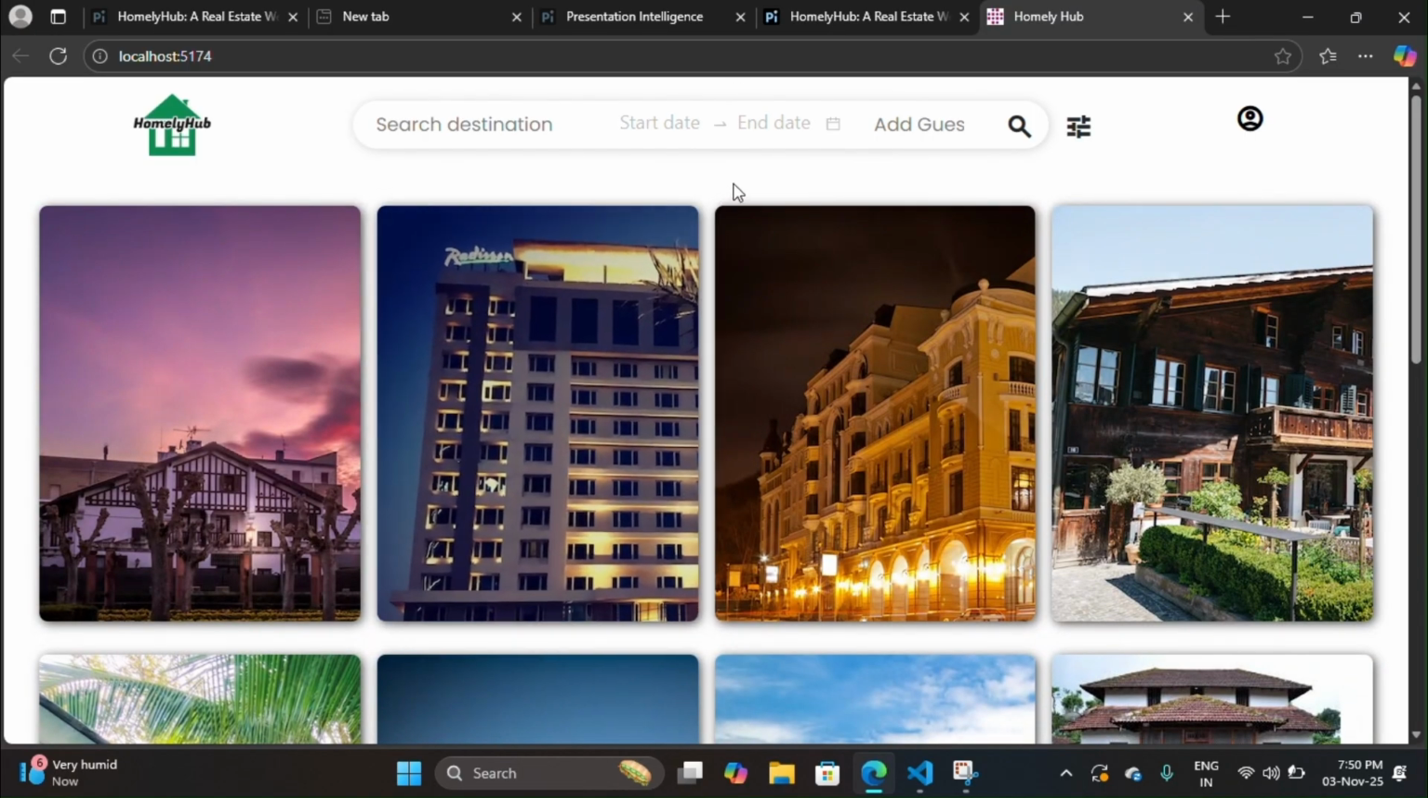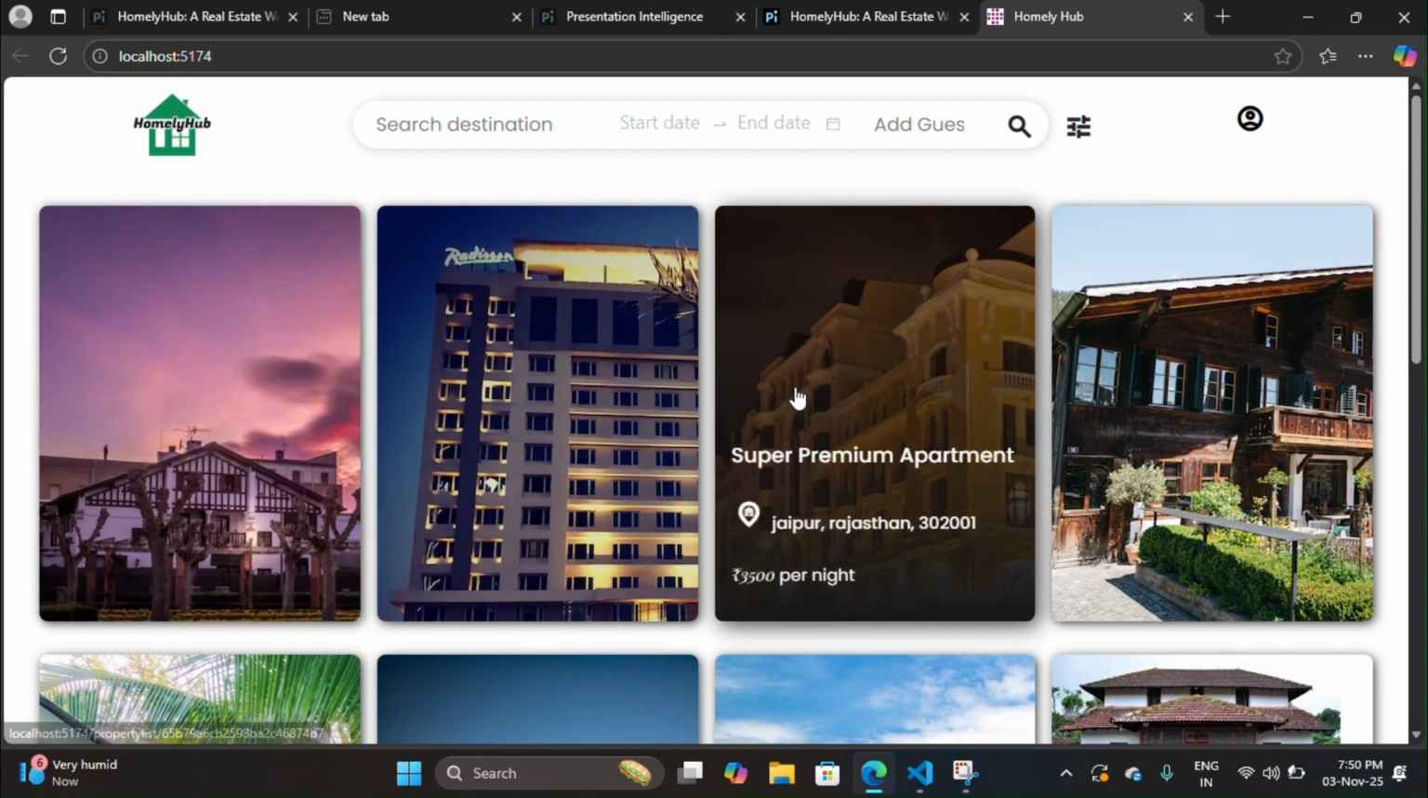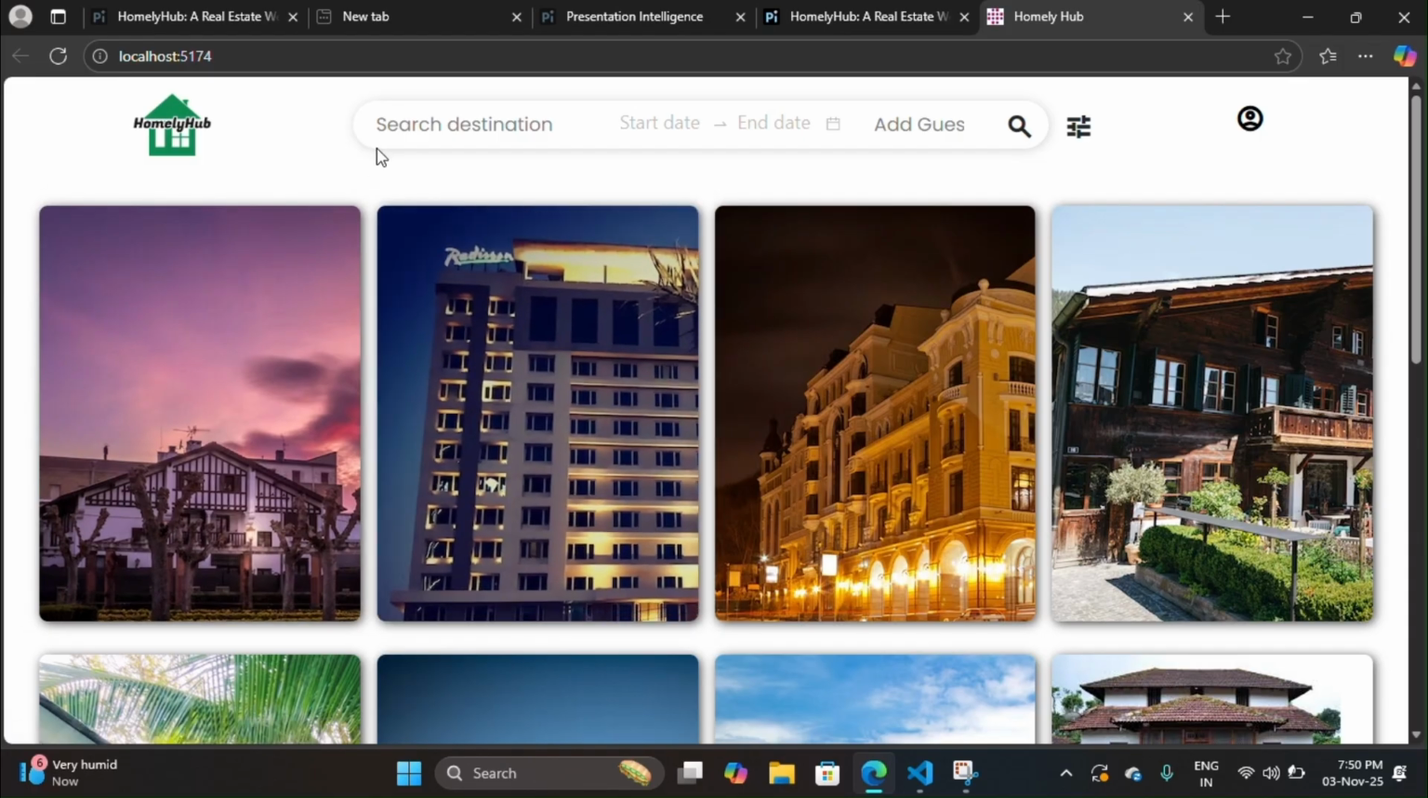Okay. So this is the Homelyhub website which I created during my WSA MERN Stack internship. As you can see, this is the home page and this has a clean, modern and responsive design built using React.js. At the top, this is the navigation bar with options. This is the home tab. If you click on this,